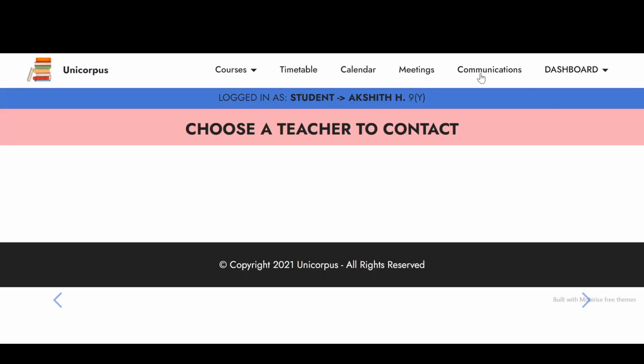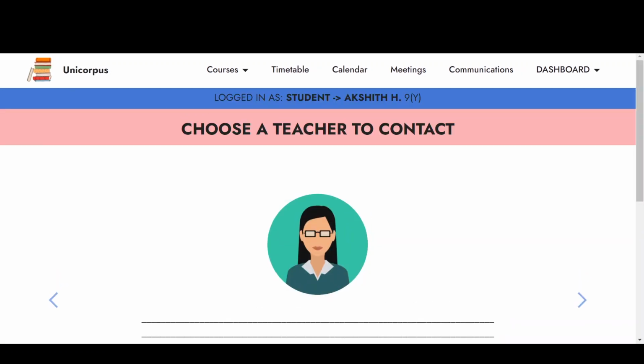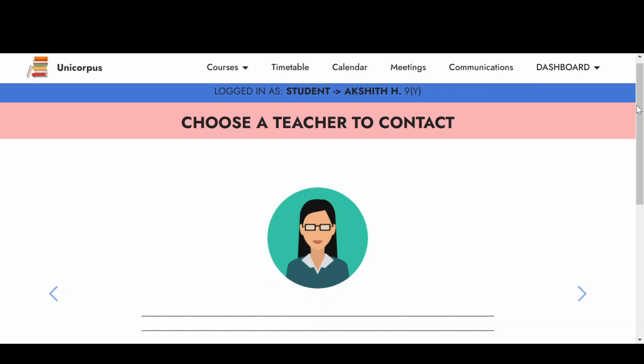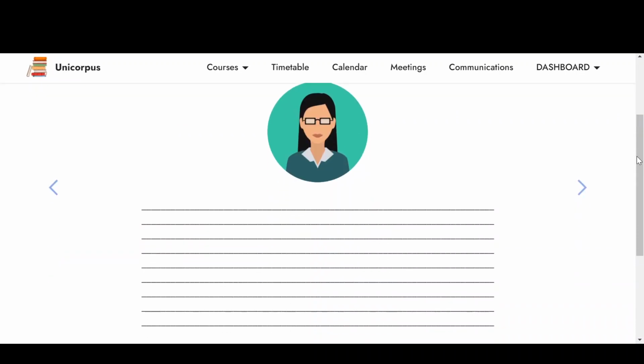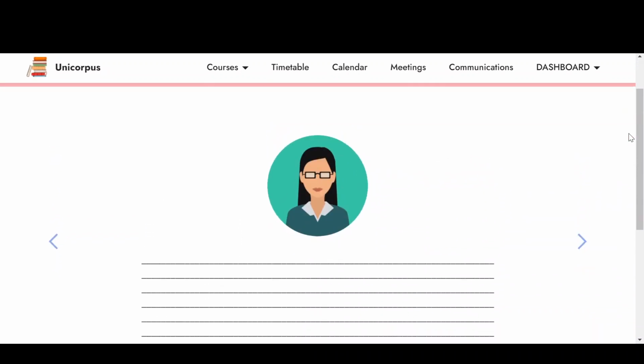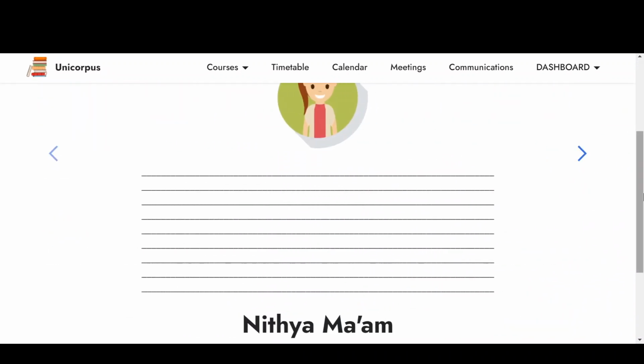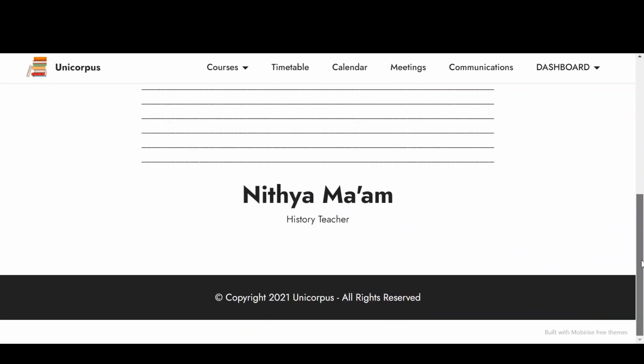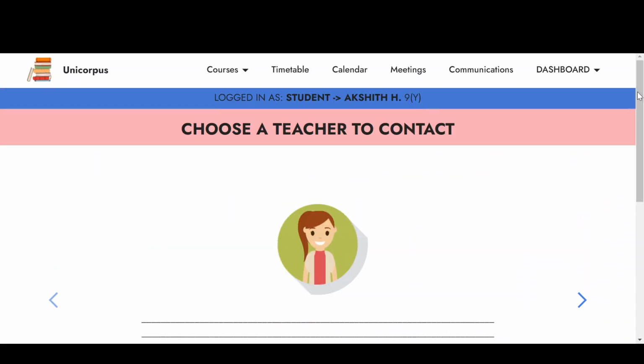Lastly, let's look at the communications page. This provides a portal between students and teachers to communicate. Because in offline learning, of course, after class or in lunchtime or in breaks, we could approach the teachers with our own doubts that we came up with outside of the class timings. However, this is not available in online learning. So Unicopus provides an alternative, a two-way communication portal where I can go to the communications page and go to the required teacher and send my doubts or ask questions. And of course, this provides another feature that is available in offline classes to online learning.